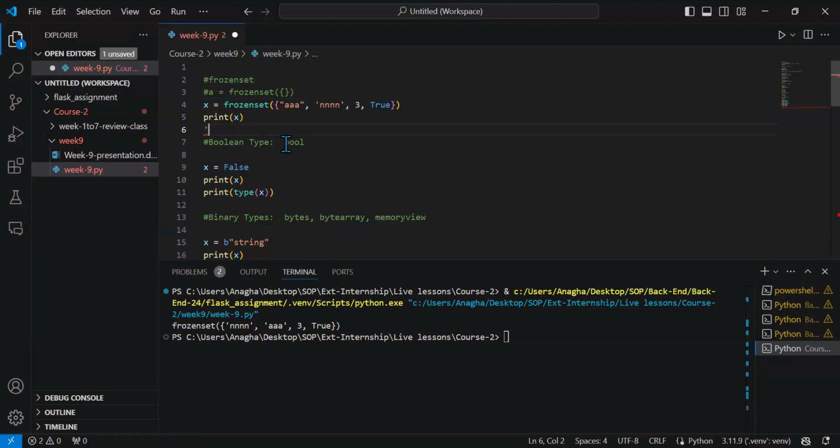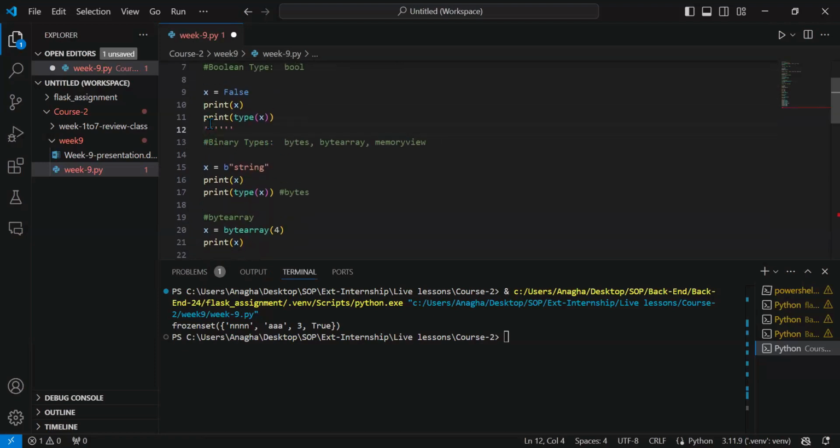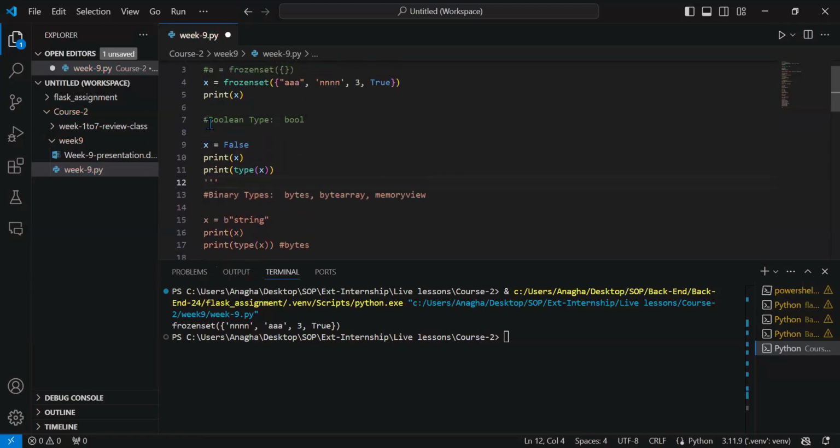So when we try to see the type of that variable, we will get the bool data type. Let's check that. I have given the value False because when we use the bool data type, it can either be False or True,